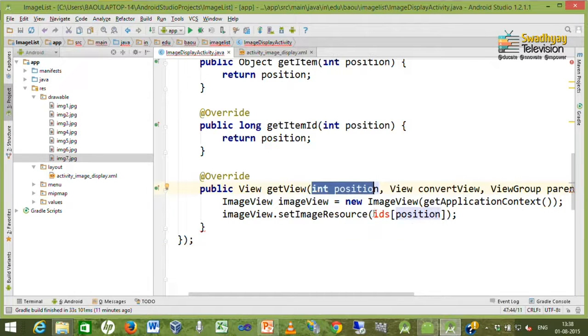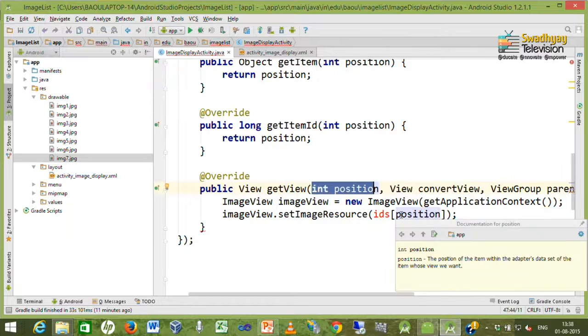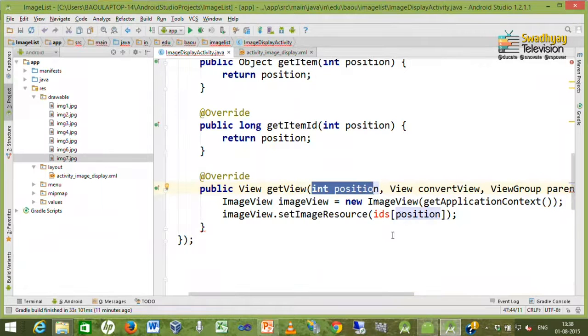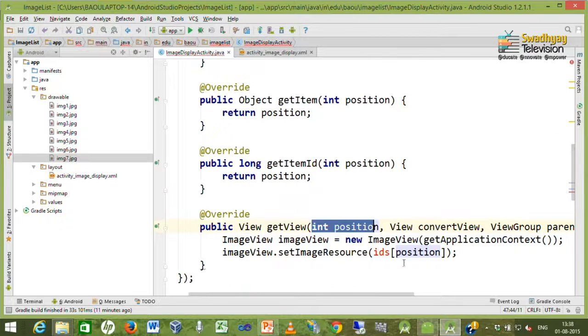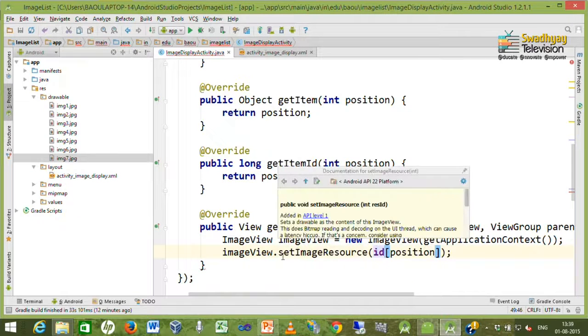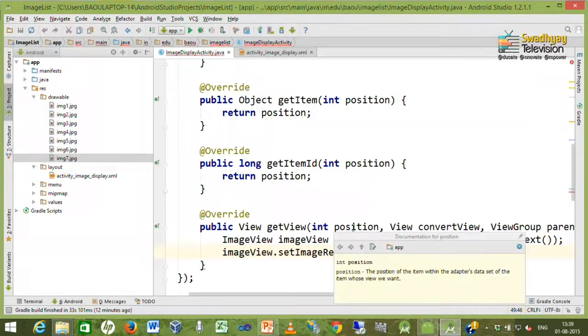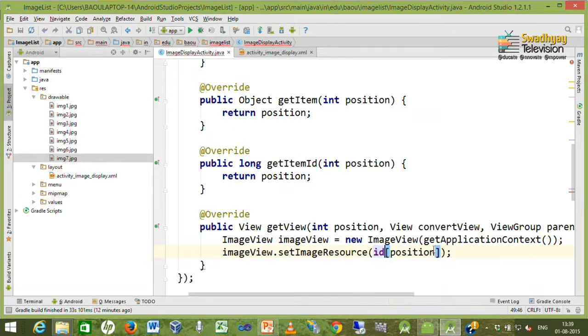So, when I write IDs[position], it means, here our image name is ID, so I just remove the S. One by one this getView method is called for all the images 7 times, and position represents 0, 1, 2 up to 6, and 7 images are set inside the gallery by using this method setImageResource.